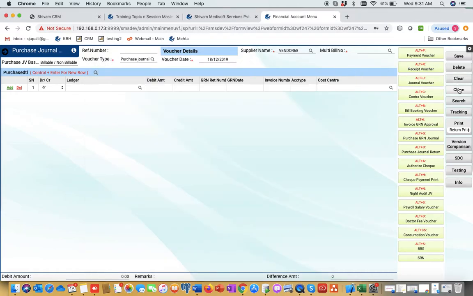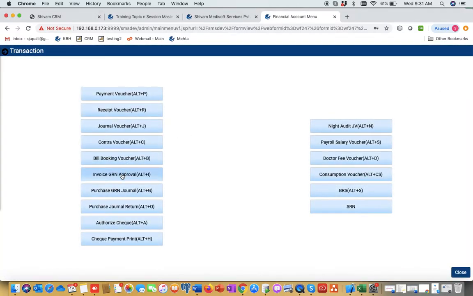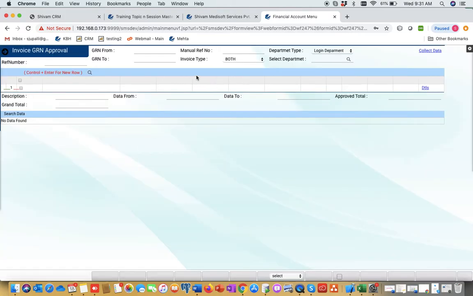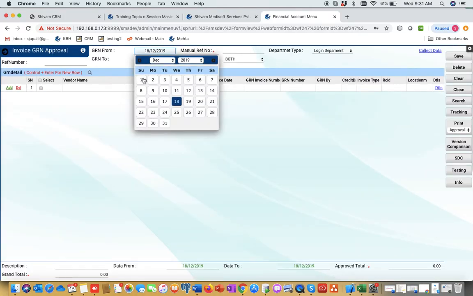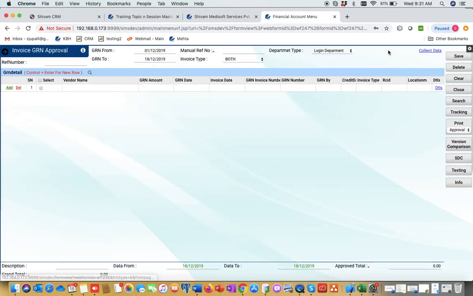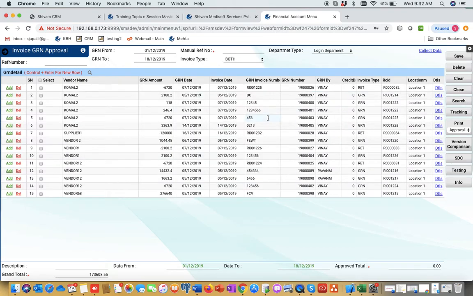We'll approve one transaction wise in invoice and approval. We'll select the date from which we want the data and do collect data. So here you can see this is the return. How will you know it is a return? Here we have invoice type return. So we'll select this and save it.